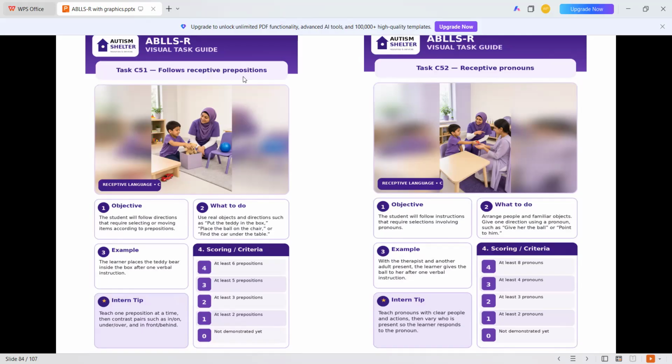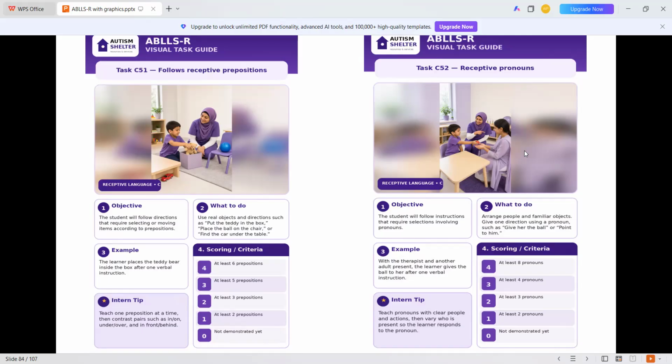For example, this therapist's name was Amna, and you say give the ball to Amna, and instead of Amna, you say give the ball to her, give her the ball, or touch him, touch her nose. Clap, do the clapping with her, sing a poem with her. You have to teach the kid pronouns in that way.